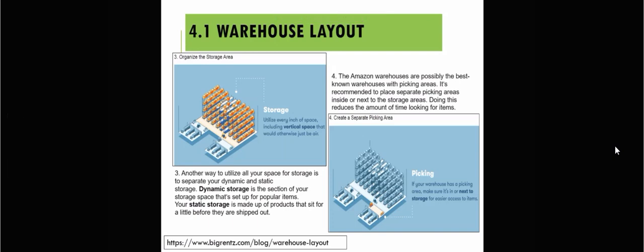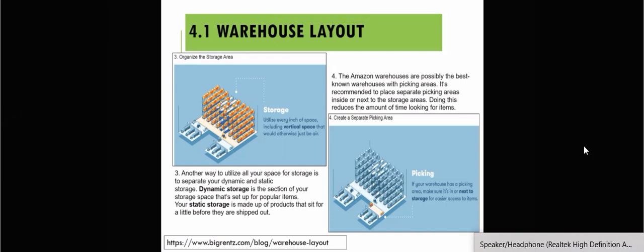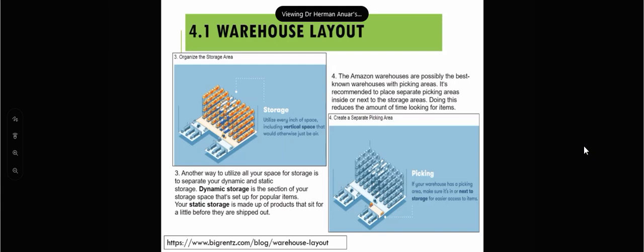And then tips number 4, the Amazon warehouses are possibly the best known warehouses with picking areas. It is recommended to place separate picking areas inside or next to the storage areas. Doing this reduces the amount of time looking for items. So we create a separate picking area. Why is that so? Picking is the process that we do, because if your warehouse has a picking area, make sure it is in or next to storage for easier access to the items. This is on the picking. Okay, next,